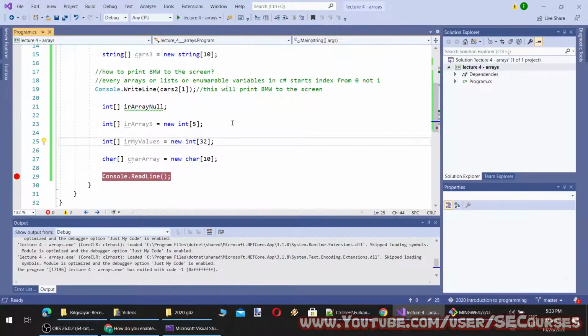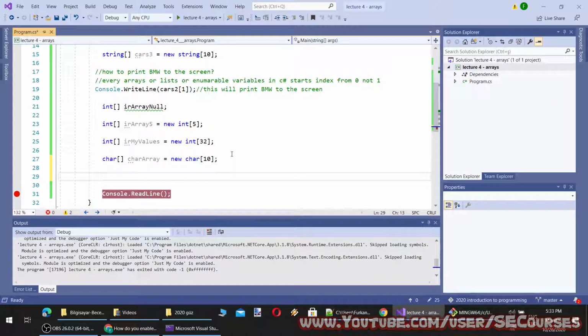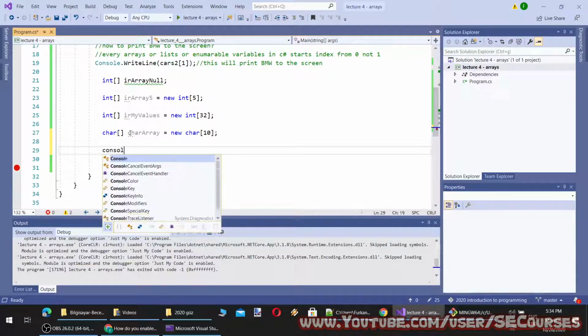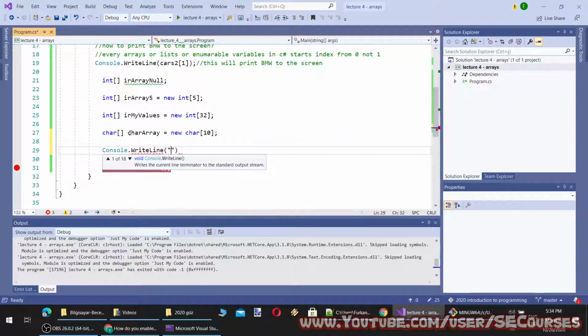Let's print them on the screen. How am I going to do that? I'm gonna do that like this. We can just type one of them like this.